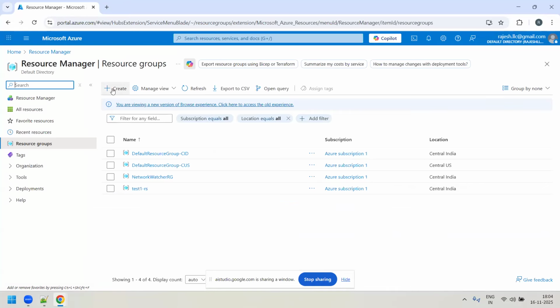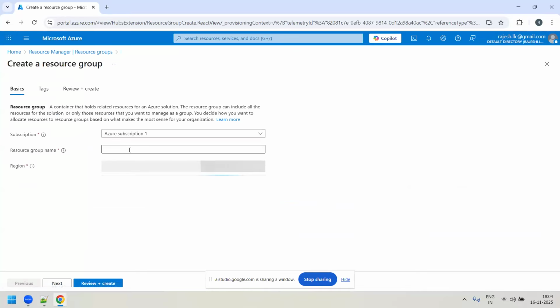Sure. Can I give any name for the resource group? What is the name I can give? The best name I can give for the resource group name?